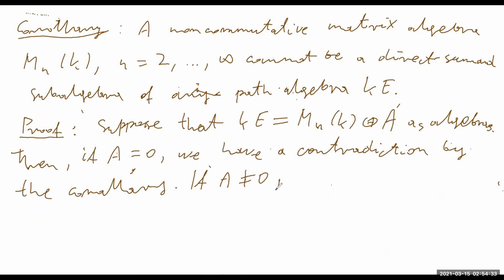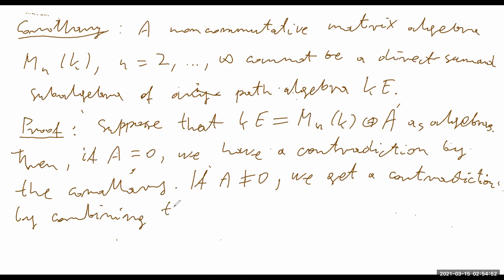So if A is not 0, we get a contradiction by combining the theorem and the corollary. Right? And this is as far as we go,